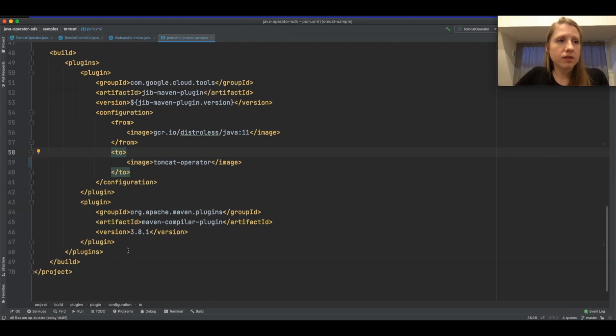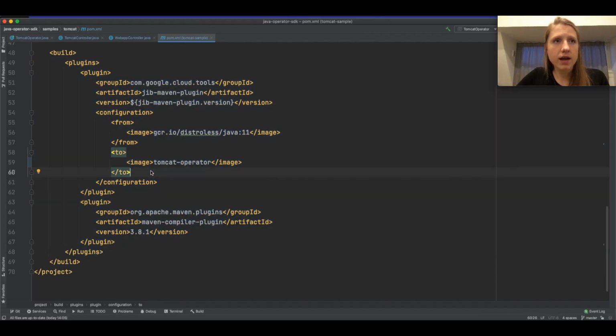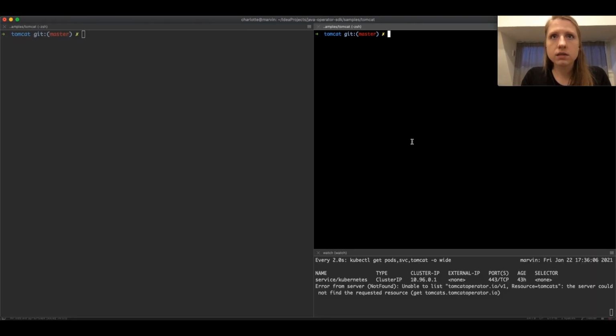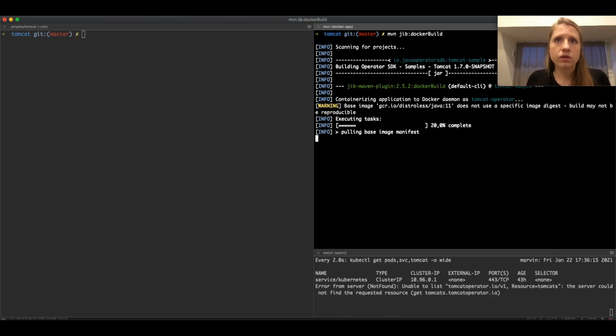Here we have the example of how you can automatically build your Docker image from that file or from the code you have in your operator. So let's take a look at that. If we just run Maven git docker build, we can start and build our own Docker image